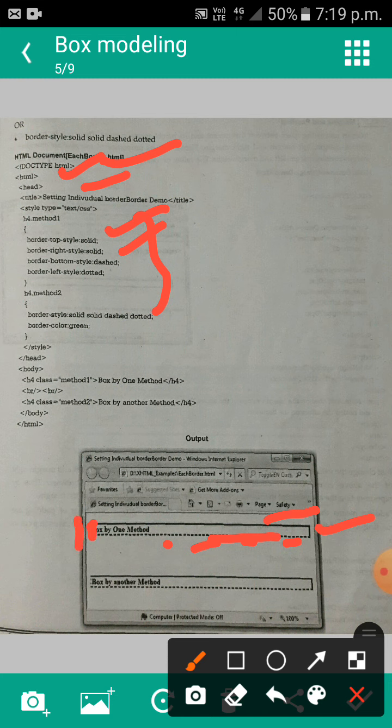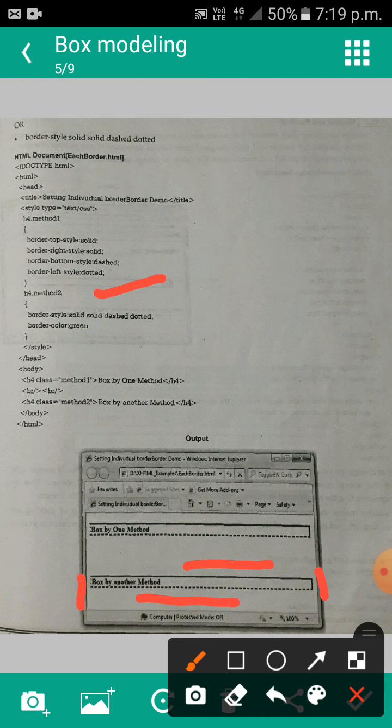Same like H4 method 2. Border style solid, solid, dashed, dotted. This is top solid, right is solid, then this is dashed and this is dotted. We can mention it in a single line itself. It considers top, right, bottom and left.